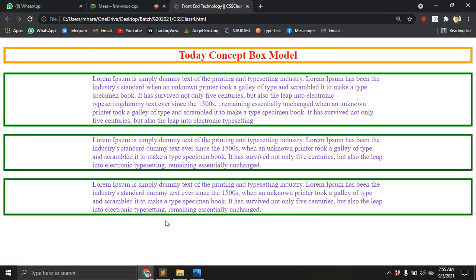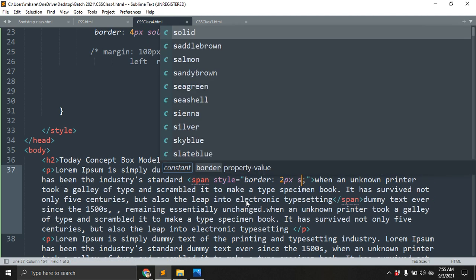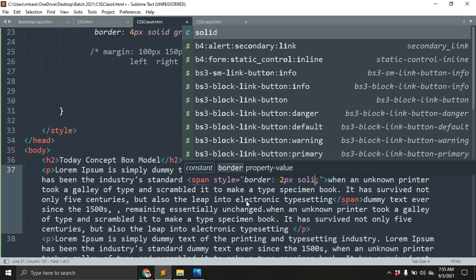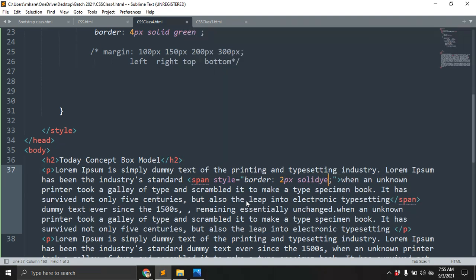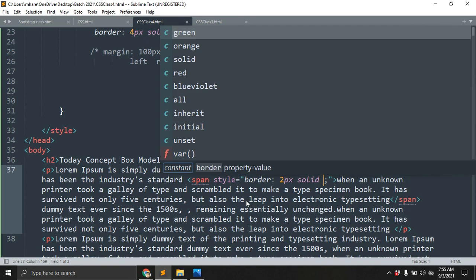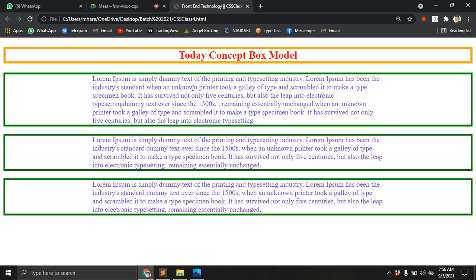Not working, right? Let's see. Okay, it's working, but there's no color. I'm giving solid yellow, like yellow. Orange, red, blue, violet. Let's save, refresh.